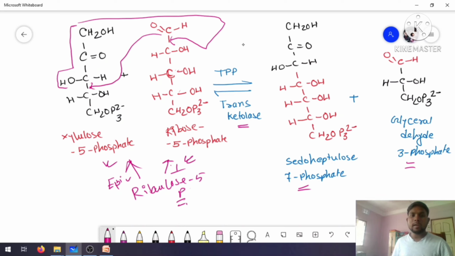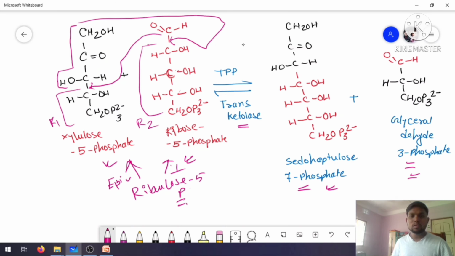Nothing, just the aldehyde group will transfer to the keto group and the keto group will transfer to the, this is keto group, and this is known as R1. Okay, this is called R1. If you see any transketolase functions, you will get to know. So nothing, just the aldehyde group will transfer here and the keto group, this structure will transfer to here, and this will give rise to pseudoheptulase and glyceraldehyde 3-phosphate.